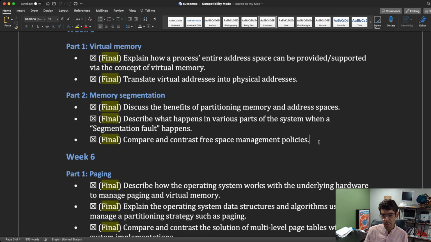Compare and contrast free space management policies. So here I'm looking for you to apply free space management policies. That's a little bit lower on Bloom's taxonomy than compare and contrast. I'm expecting you to be able to apply them and then tell me about the outcome. So like, how does this free space management policy, so first fit, next fit, best fit, worst fit, compare to another one, given the layout that we've just arrived at, or given the pattern of allocation that